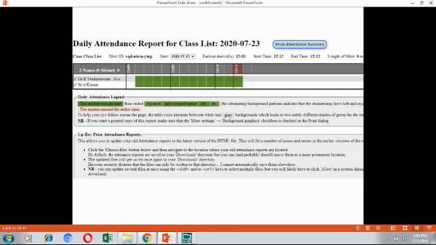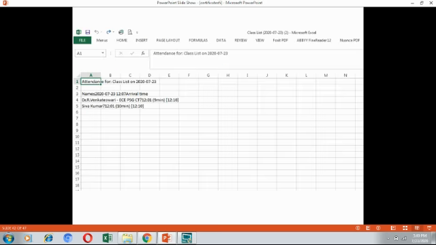For example, if the attendance is only 50%, then you can provide them the certificate. If the attendance is less than that, then you can reject their certificate. And also in the CSV file, you will get a window like this. Here there are two participants, one participant attended 9 minutes and another participant 10 minutes. So here also the total amount of time they have attended the webinar will be calculated.